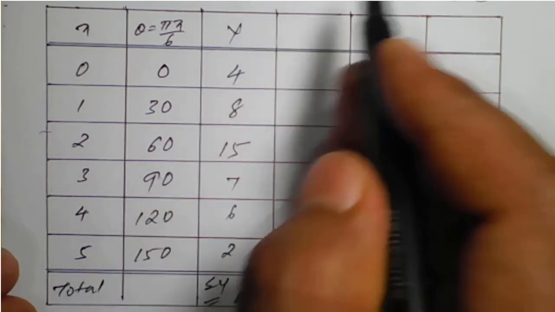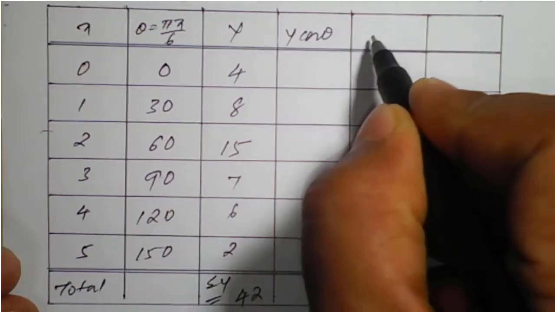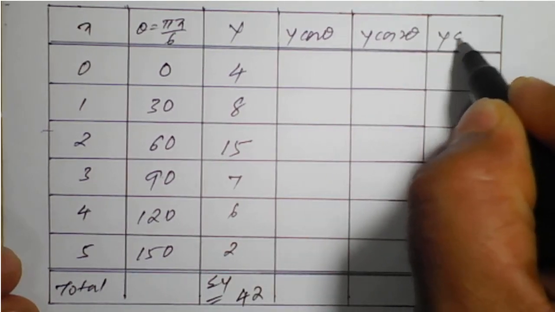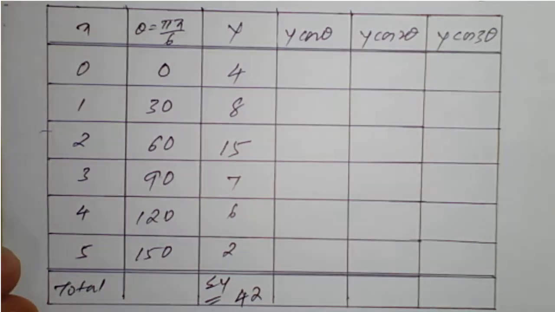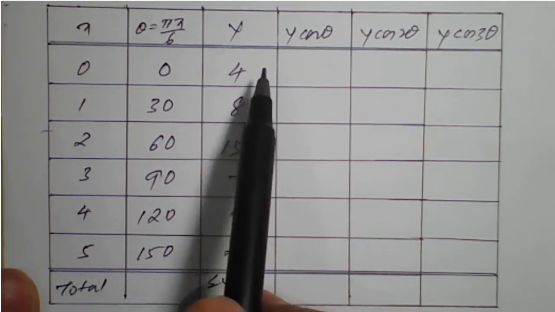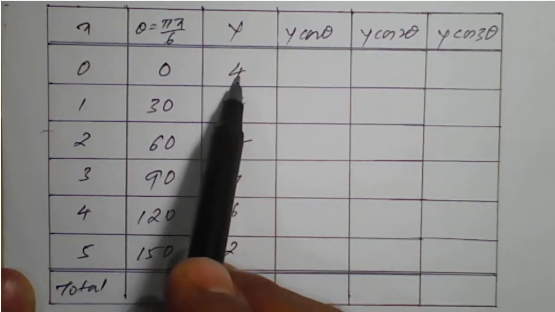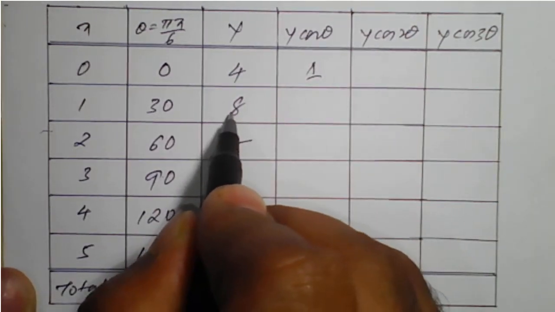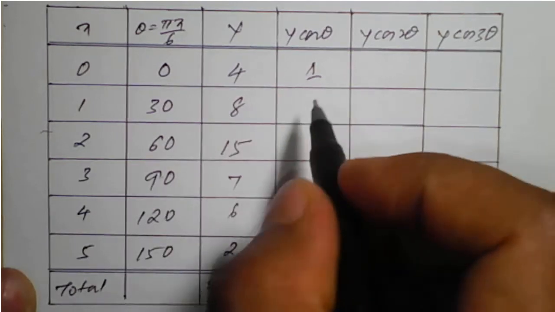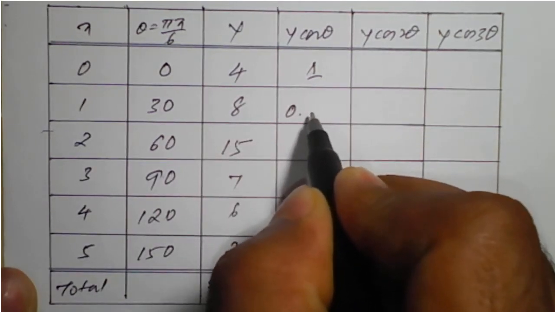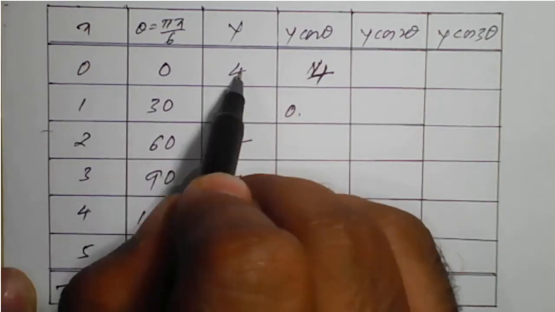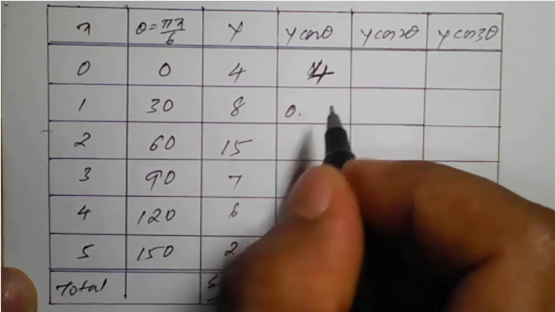If you put n is equal to 1, we'll get y cos theta. N is equal to 2 means we'll get y cos 2 theta. If n is equal to 3, we'll get y cos 3 theta. So from the table we need to calculate. The y value is 4 into cos of 0, which is 1. Sorry, the first value will be 4, because cos of 0 is 1, and 1 into 4 is 4. First value is 4. Second value is what here,